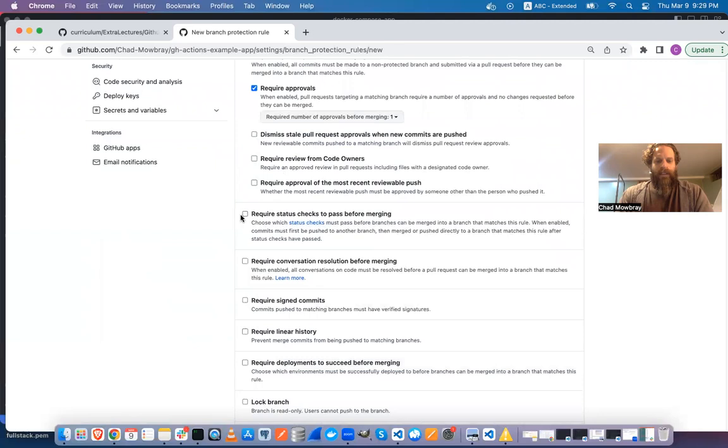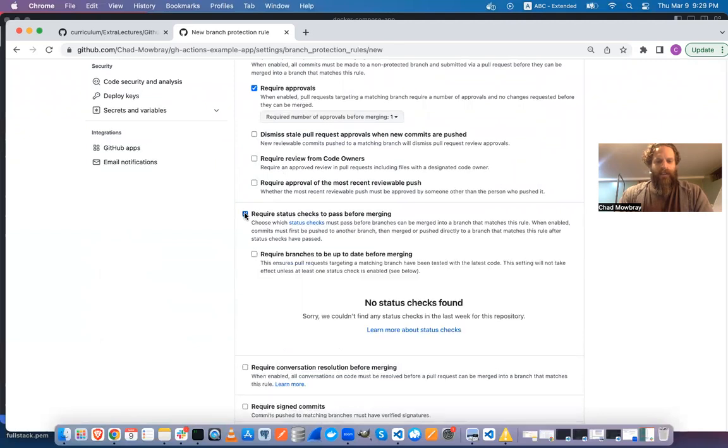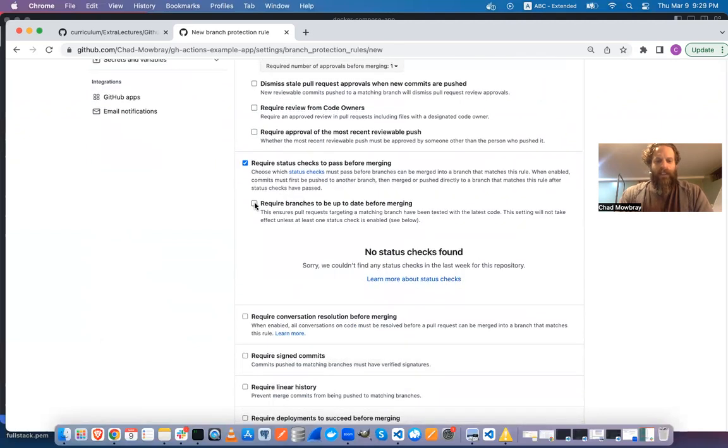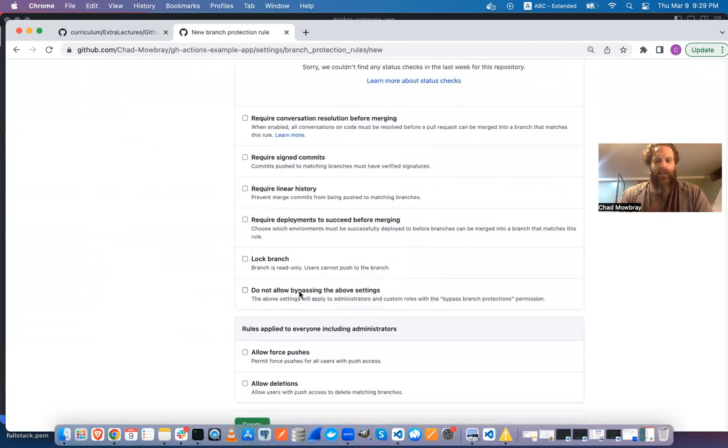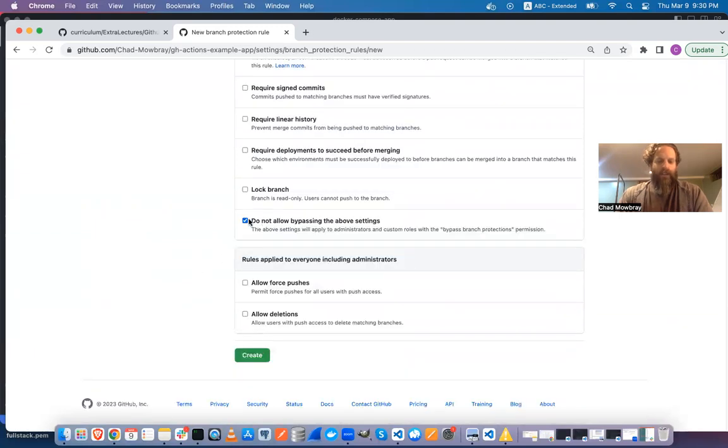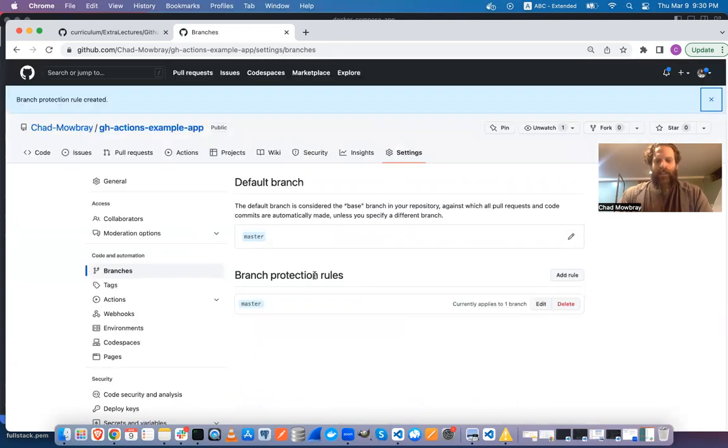Okay, and then I'm going to add this require status checks. And then do not allow bypassing the above settings. So just click those things. That should be fine. If you want to play around with the settings later, that's also fine. Okay, so that should be good in terms of creating general rules for